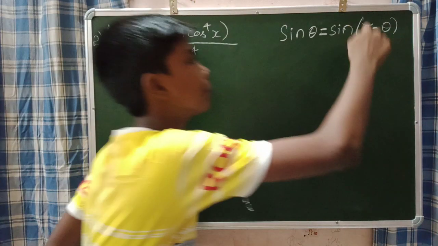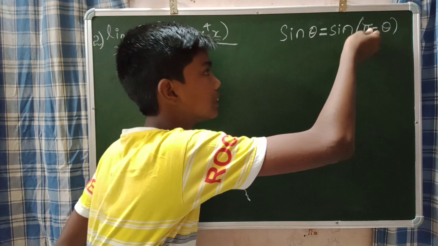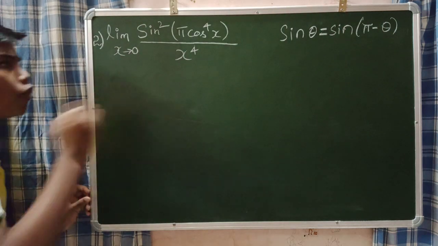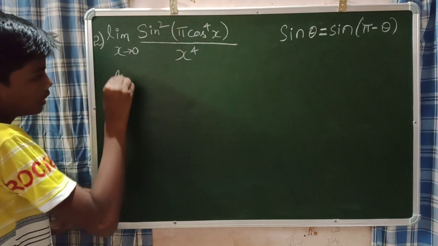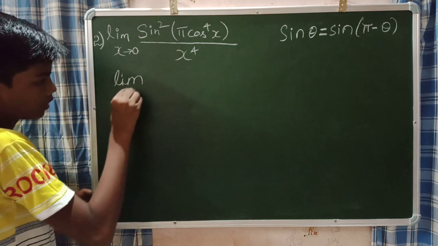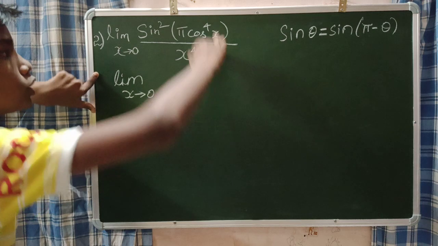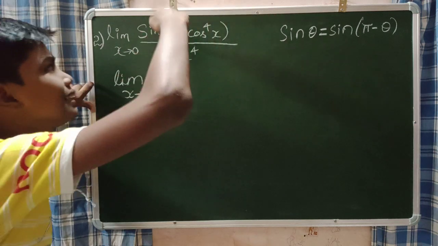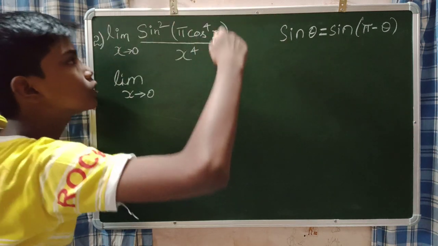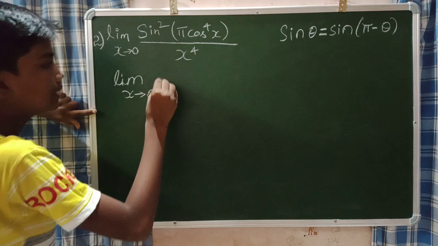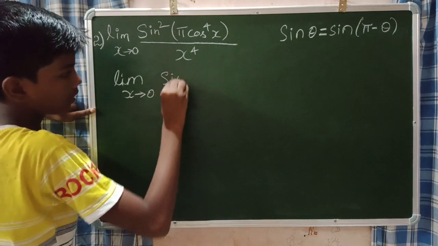Now I'm going to apply this formula here. So how am I going to apply this? See guys, we have the limit as x tends to 0 of sine square of pi cos to the power of 4x. I can write this sine square of pi cos to the power 4x as sine square